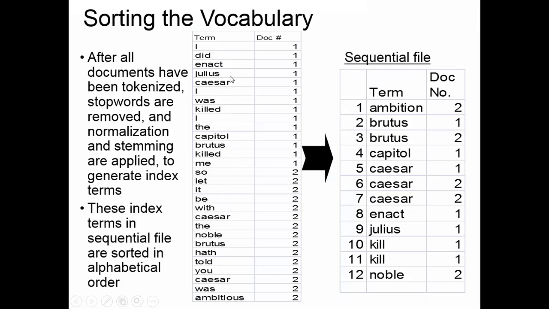When we apply stopword removal, I, did, was, the, me, so are removed. If we apply normalization, the capital letters are converted into small letters using the lower function in Python. Then if you apply stemming, like killed is conflated